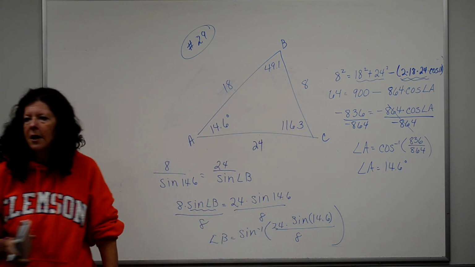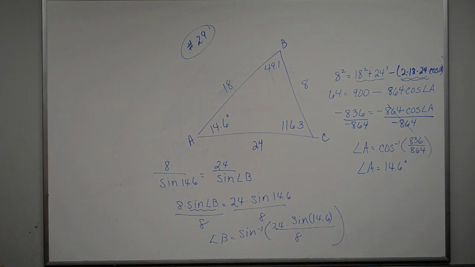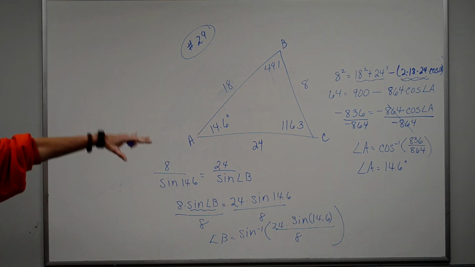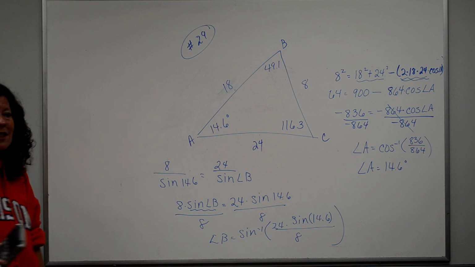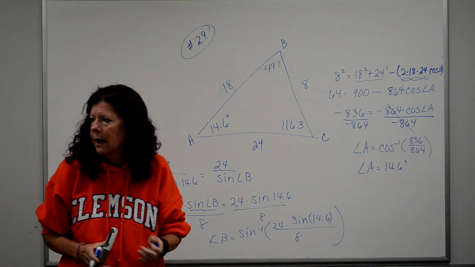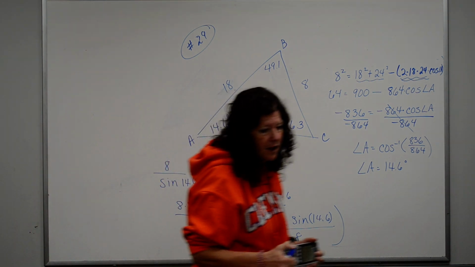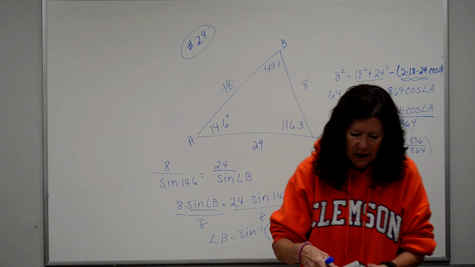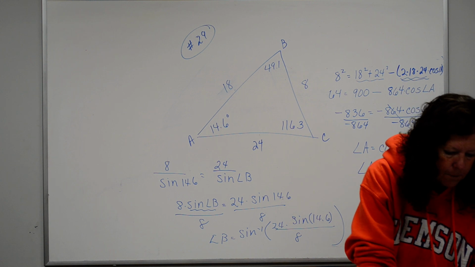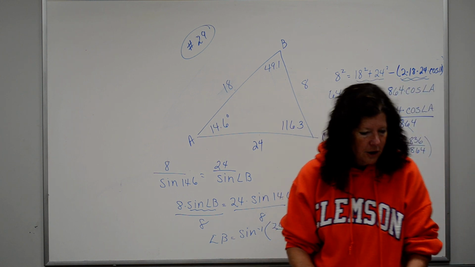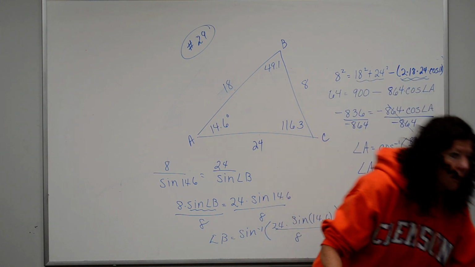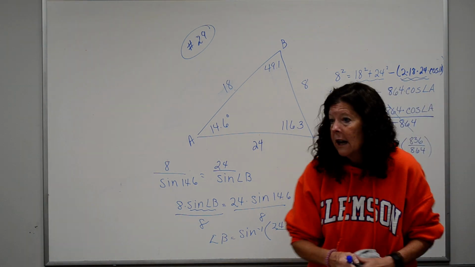Now, obviously, that's not drawn to scale because that angle is not 116 degrees. But I always draw out my triangle just so I can see how each side is related. Does that make sense? Okay, so that finishes that section right there, which is the last section in the chapter. So pick up your study guide. I think you're going to find that you use this material all the way through, so it's pretty set in